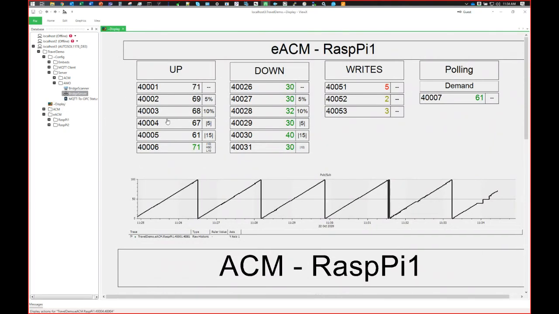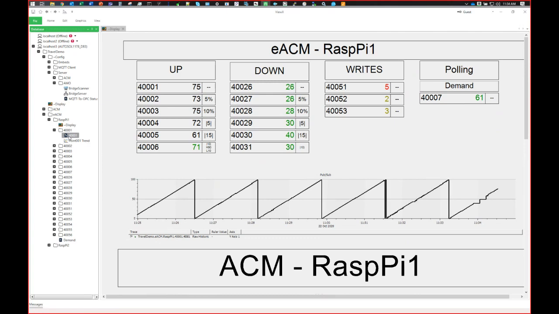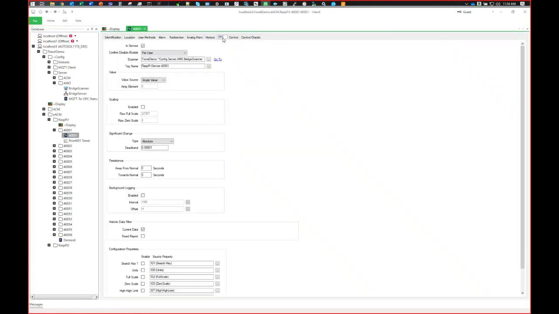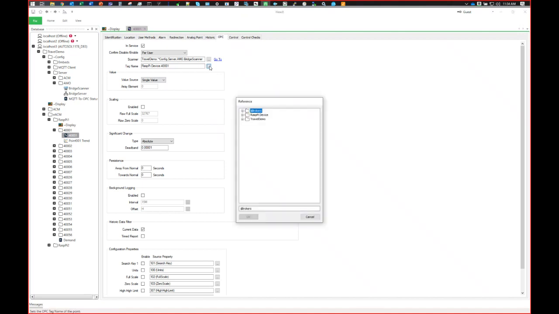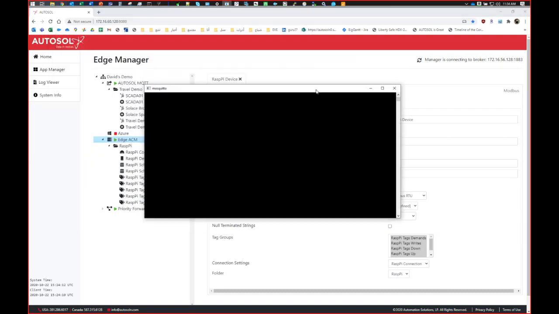Well, basically, if I go to this tag here, let's do Locate in Database Explorer. Here's this point. I open him up. He's an OPC tag. He's very clearly an OPC tag. And if I click this ellipse, these are all of the tags coming off of my eACM. So I've got the Bridge software in between my broker and my Clear's data. And my Clear's data is using Bridge as my OPC server. So again, I've got eACM publishing to my Mosquitto broker. Yes, this is it. It's just a background service and it's easy to use,